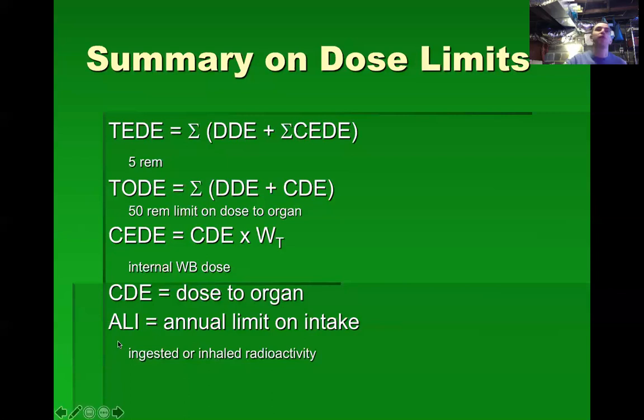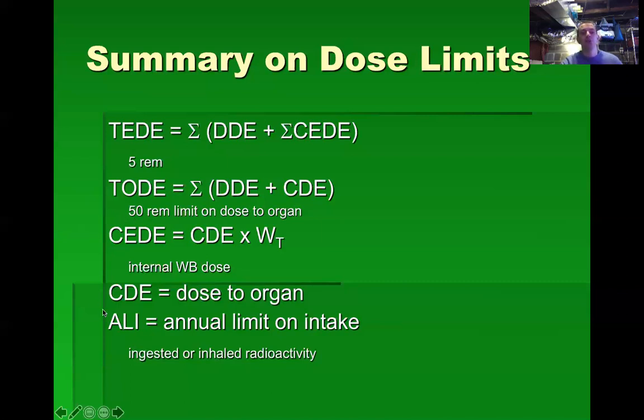So the ALI is useful from our standpoint of, say we have a nurse that handled radioactive urine and didn't realize she got it all over herself. So some of that iodine absorbed into her body. We take a bioassay measurement, or we take a couple of measurements, and we conclude that she ingested, or had absorbed, 5 microcuries of iodine-131. Well, we know the limit for 50 rem to the thyroid is 30. So that 5 is 1/6 of 30. So we can multiply by 1/6, and that would get you a little under 10 rem